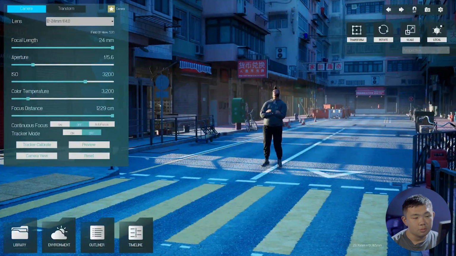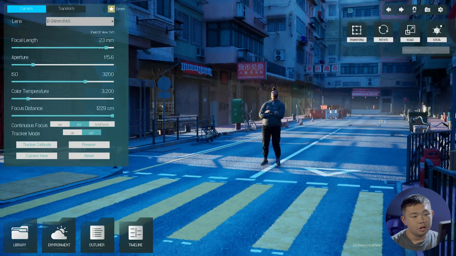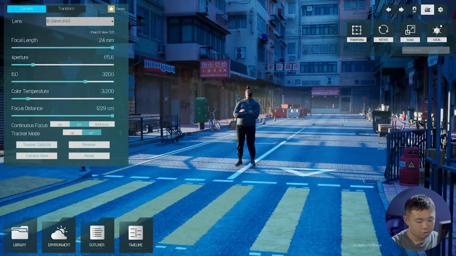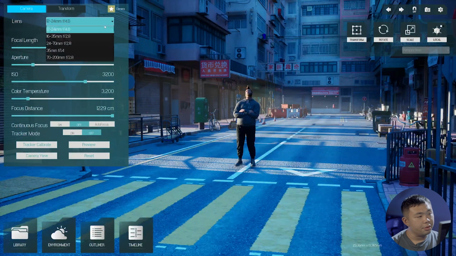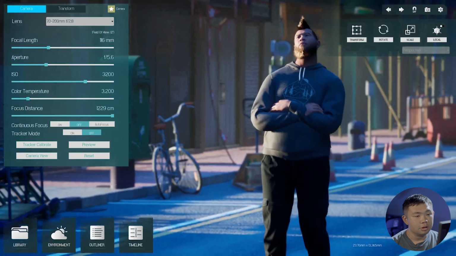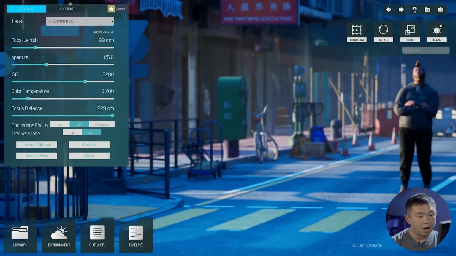So now, let's move on to wide shots. Of course, for wide shots, we can use 24mm to capture. So just like what you can see, it's a very typical wide shot. But can we have another option? Just try. Maybe we can use 70mm or even a longer one, maybe 100, and we walk very far away from the character.